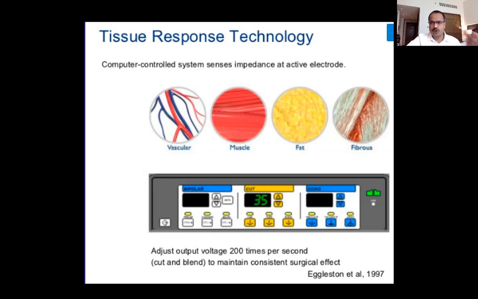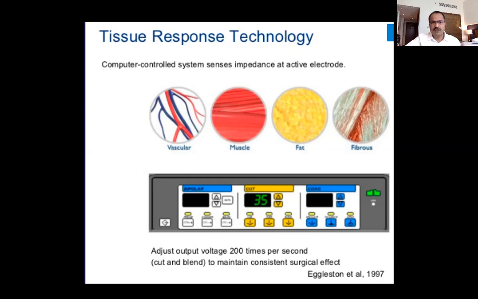The machine was already good, only the patient was different, the resistance was different. Now this patient was fat, with a lot of fat tissue, which is high resistance, or scarred tissues, they will have still higher resistance. So today the technology is such, the machines have become so smart that they will pick up the impedance, that is, impedance is the resistance in the tissues, and automatically now you don't have to tell your assistant to increase, the machine itself can make changes in the voltage depending upon the resistance to give uniform current. So this is the new technology that has come up.